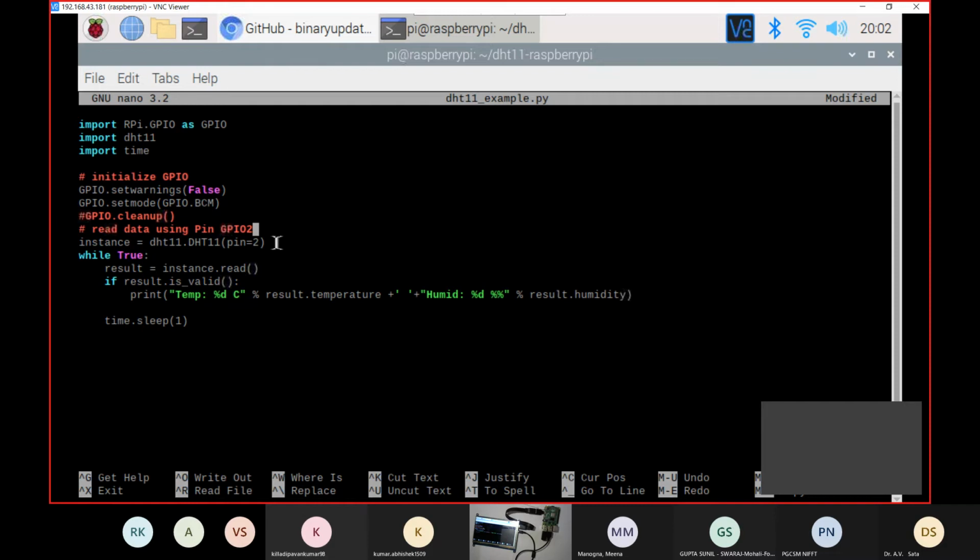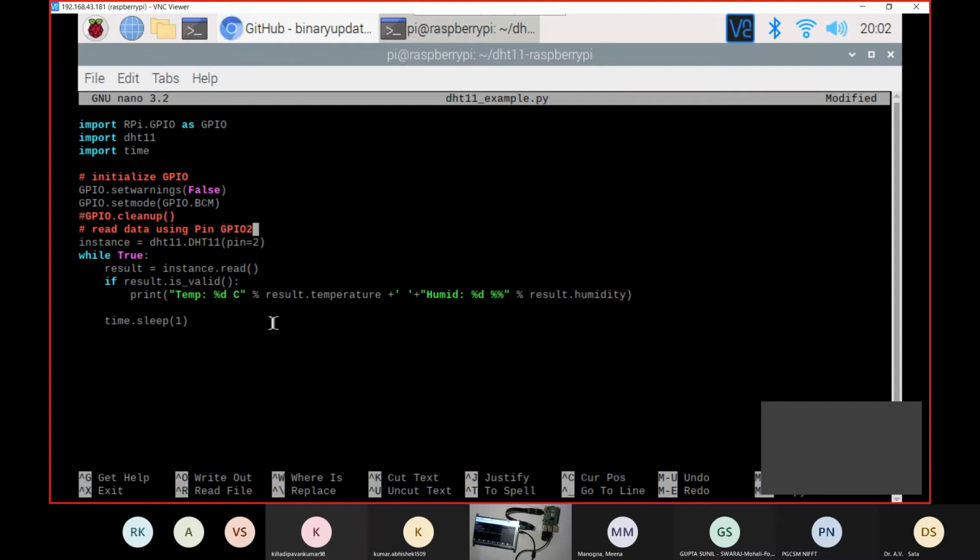No, in the Python part, it is very simple. A plus b equals to c, which is 2 plus 3, and it will directly show the data. So in this part, we are pretty simple that if there is no data, it will clean up the GPIO, but we don't require that part. If there is a data, it will simply print that. So pretty simple from our part.